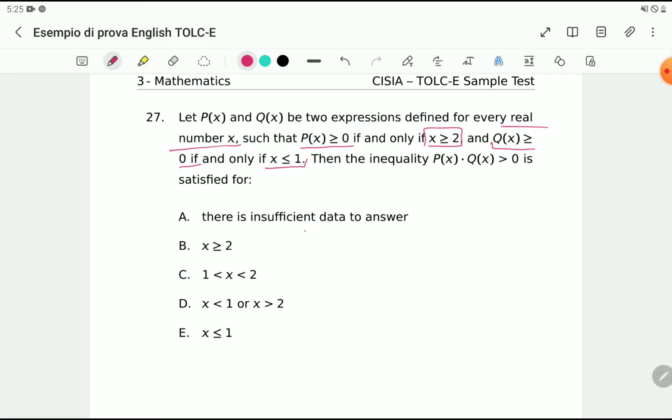Number one is P function of x greater than or equal to 0 if and only if x greater than or equal to 2. Number two, Q function of x greater than or equal to 0 if and only if x value less than or equal to 1. Okay,